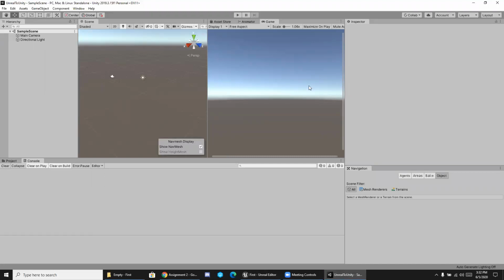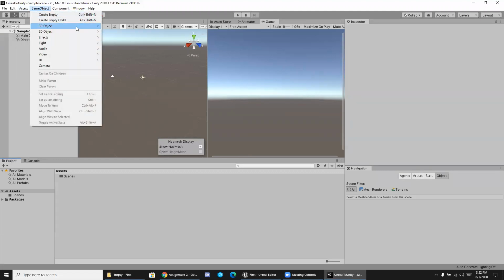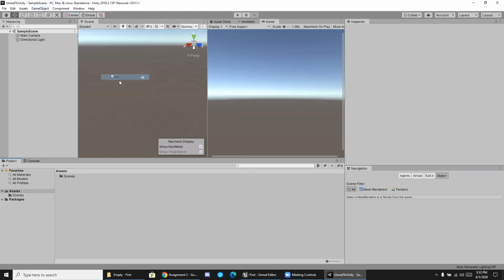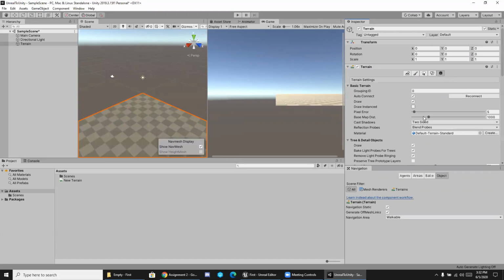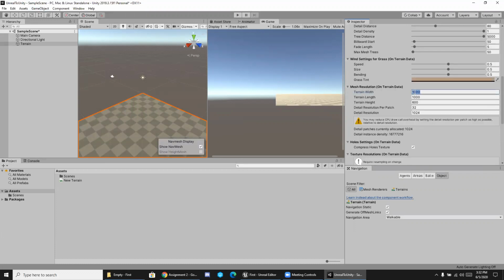All right, so we've got a blank Unity scene. First thing we're going to need is something on the ground because it doesn't add a ground for you. So we'll go ahead and create, and let's just go for terrain on this. I'm going to edit the terrain so it's not 1,000 like the default. We don't need that big of an area. We can do 50 by 50